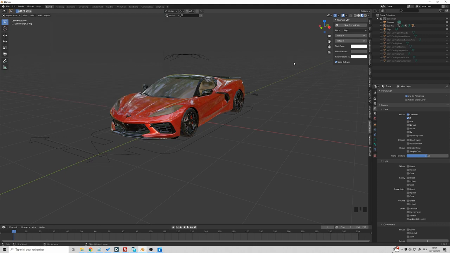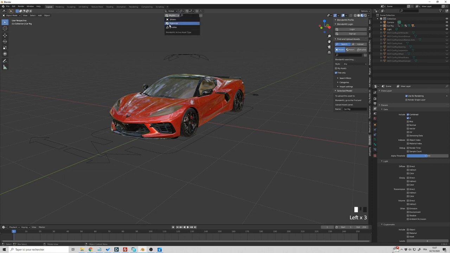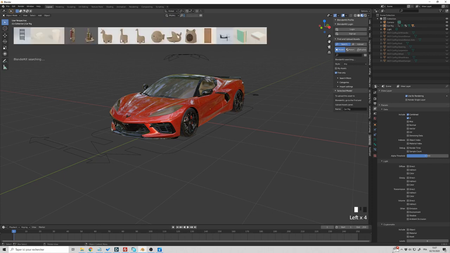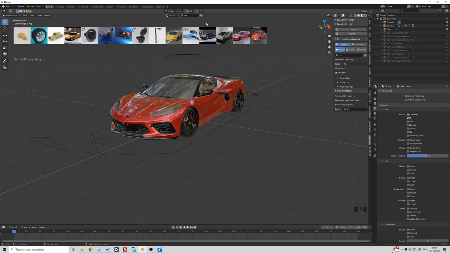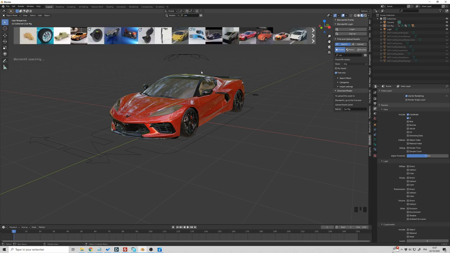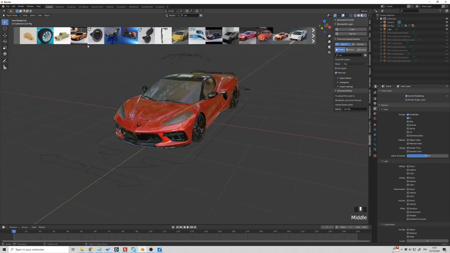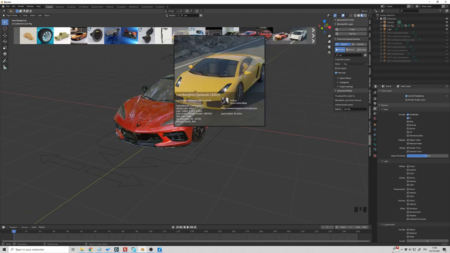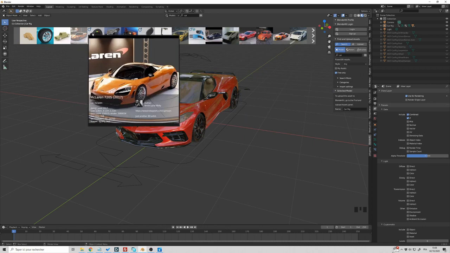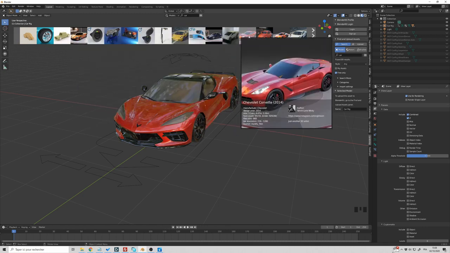Once you activate the add-on, you will find it here on the side. You check the box free only. And here on the top, you select models, if it's not already the case. And for example, you can select car. You can type car, sorry. So Blender Kit is searching. As you can see, you have many free models, and some of them are very good looking for a free car. Let's take the Corvette.